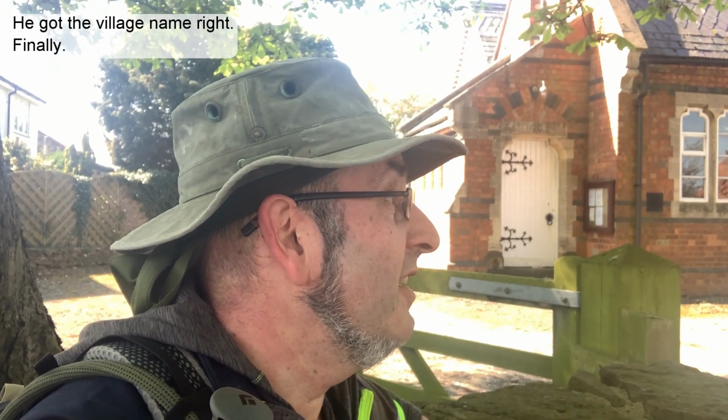So there we have it, end of the route. That's Spridlington Village Hall again, and well, it's turned into quite a lovely day, as you can see, with the sunshine all around me. I'd say shame about all the roads, but